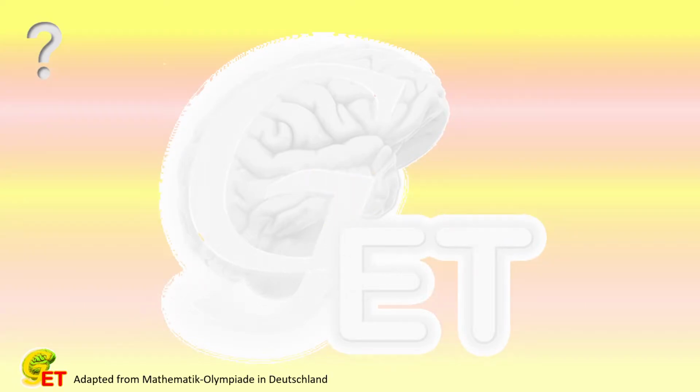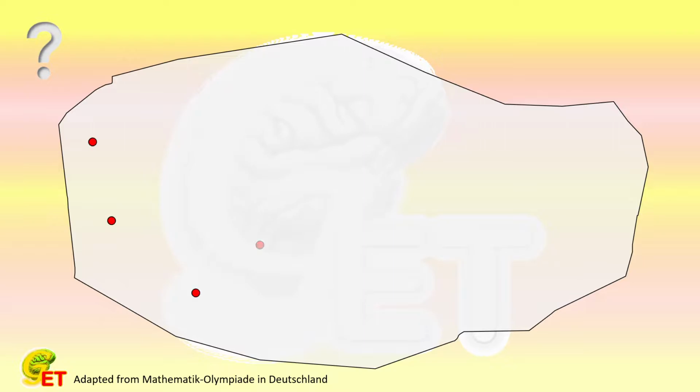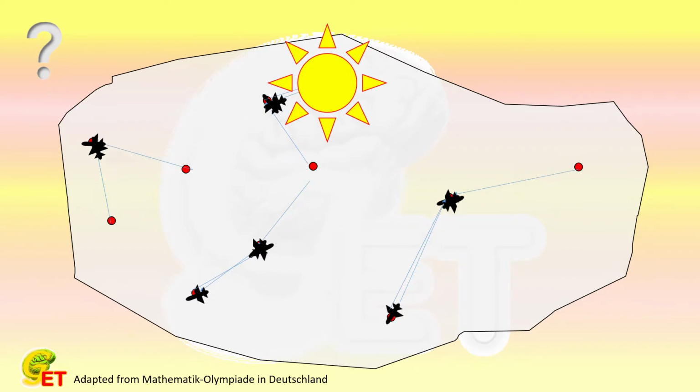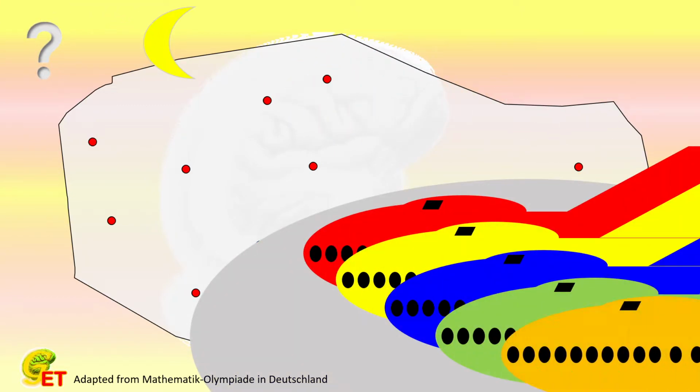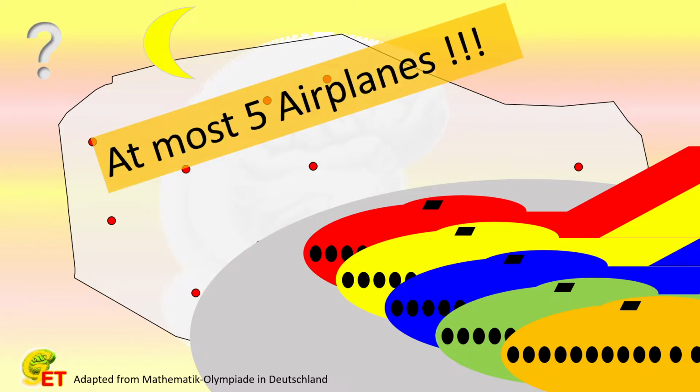This is a question from the German Mathematical Olympiad competition of 8th grade. In a country, there are many airports, and the distance between each two airports is different. Every day, there is an airplane taking off from each airport and flying to its nearest airport. By the night, one could count the number of airplanes that landed at each airport during the day, and found that at most 5 airplanes landed at any one airport. Can you prove why? Why not give a try, and we will come back soon.